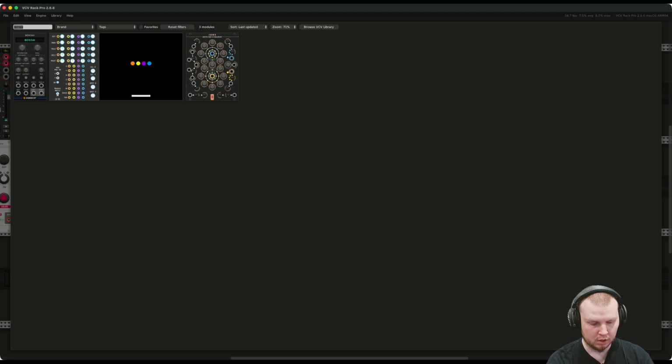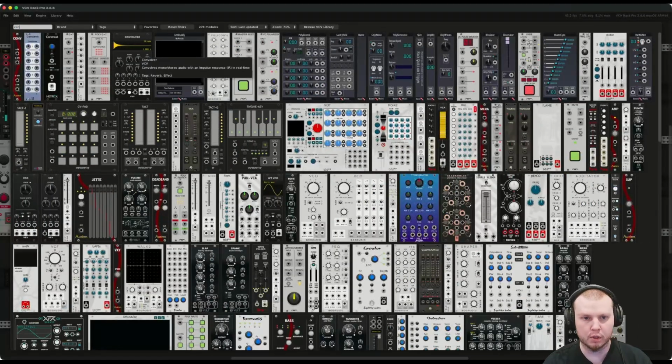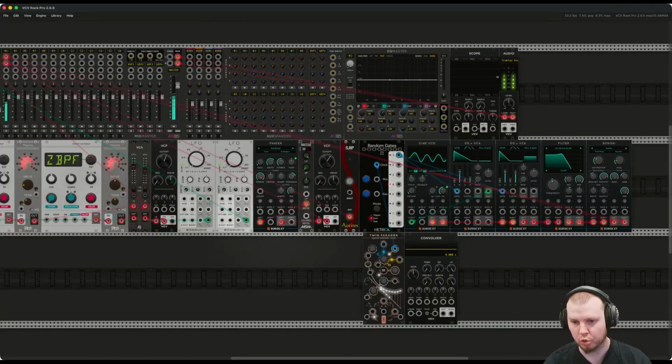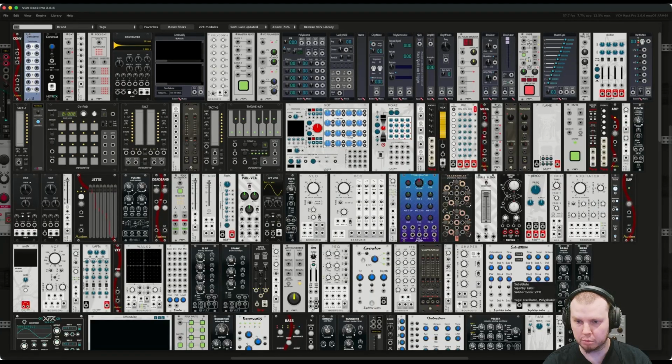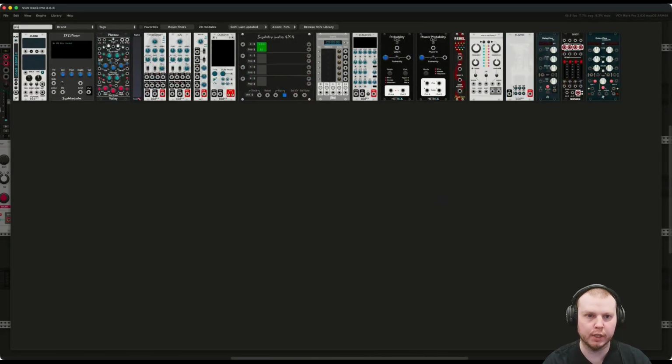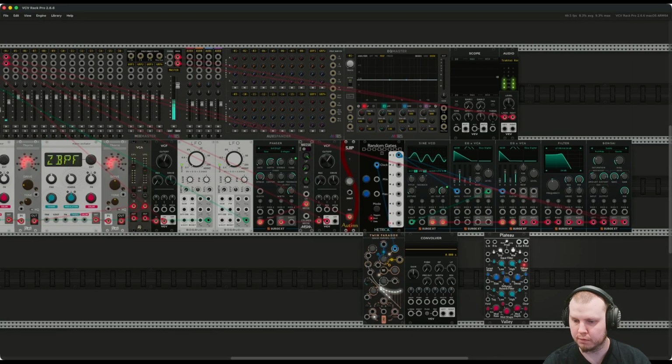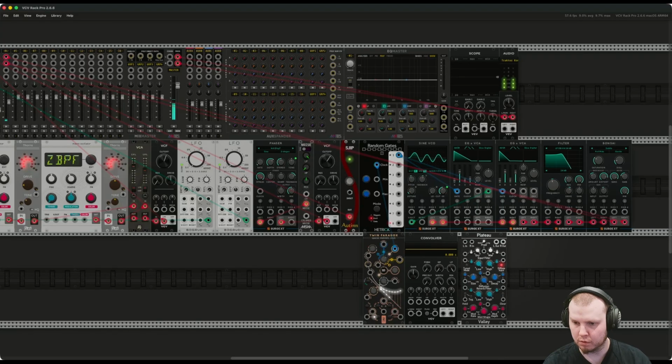So for this one, I'm going to be using the Convolver. This is a Pro module, but you can use, for example, this next one that I'm also adding, this is a plateau from Valley. If you put a long enough decay on this one, that will work just fine as well. We're going to use these both,